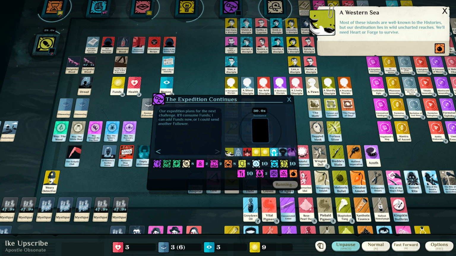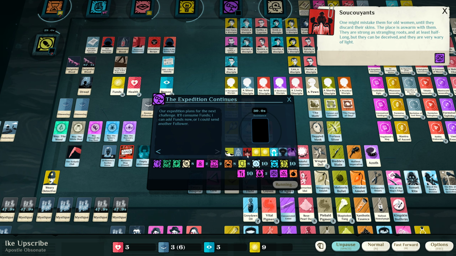We'll need Heart or Forge to survive. So Heart being the aspect related to the sea, and then presumably Forge being the means through which you'd be able to sort of develop mechanisms or means of dealing with it. The fifth eye curse, we need heart or winter to suppress this curse, otherwise it will not keep us from our goal, but it may trouble us later. So we've got the winter covered, and then the